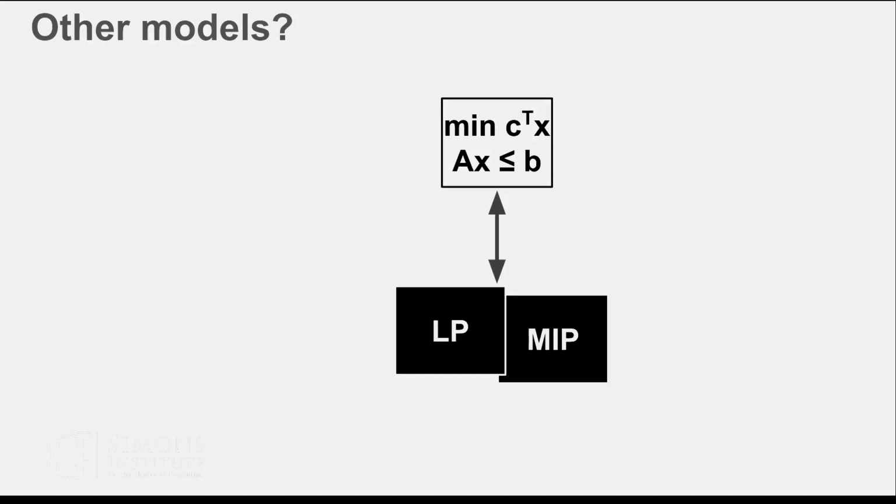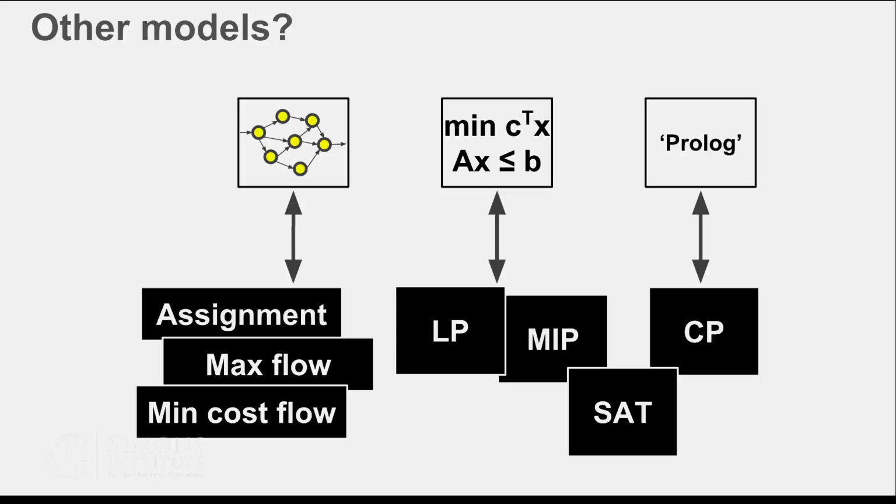So just at the end, a bit of self-doubt. I was talking about MIPs, but are there other techniques to model problems? Well, there are. Sometimes you can model a problem as a graph, and then you have out-of-the-box algorithms like max flow, min-cost flow. However, very often in practice, what I see is that the problem is almost like min-cost flow. It's like min-cost flow plus some twist, and then this twist is no longer